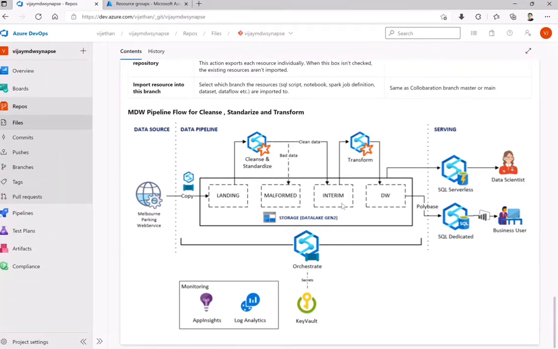Okay, so from here this goes depending upon who is consuming that, whether that is consumed by a data scientist in a raw format like the interim format, or if we want to place it in a specific format to be consumed by the business user, we have Power BI and all those things take care of it here. But at the end of the day, security is the prime concern overall.